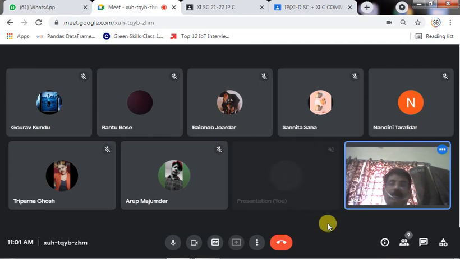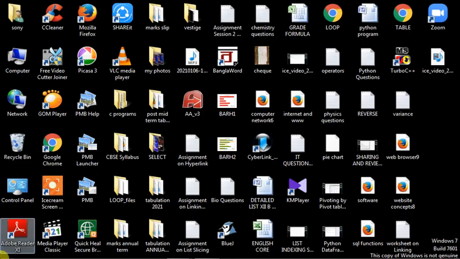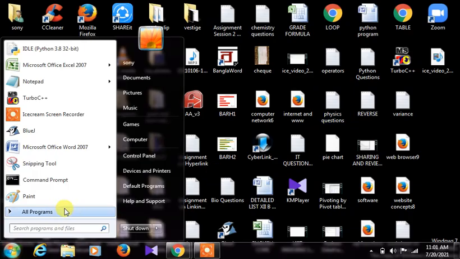So how many types of index are there? There are two types of indices available. If you are reading from the left hand side, you will get indices with the whole numbers 0, 1, 2, 3, 4, and so on. And from the right hand side, you get the negative indices. With that we will start and see how things function. So let us open this Python IDLE.